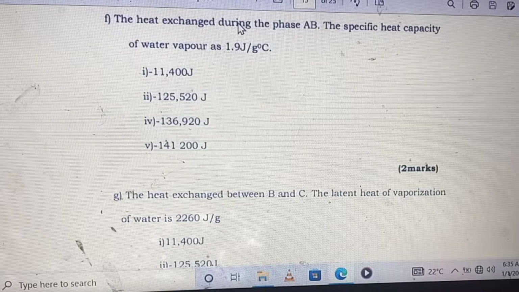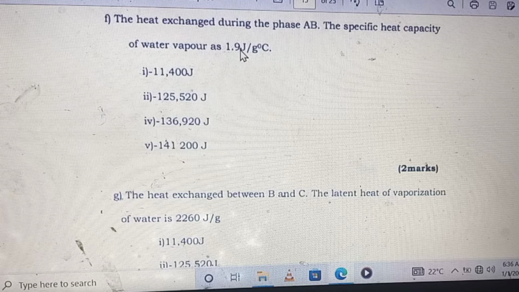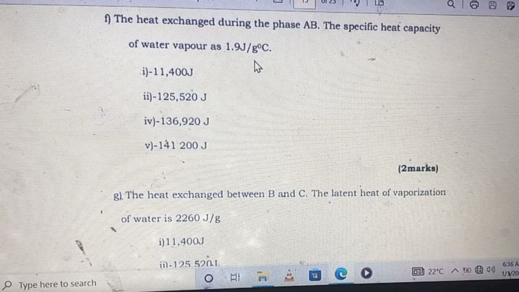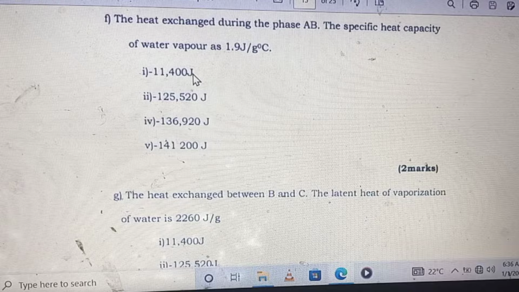F. The heat exchange during phase AB. The specific heat capacity of water vapor as 1.9 joule per gram degree Celsius. The best option is the A, negative 11,400 joule. Next,